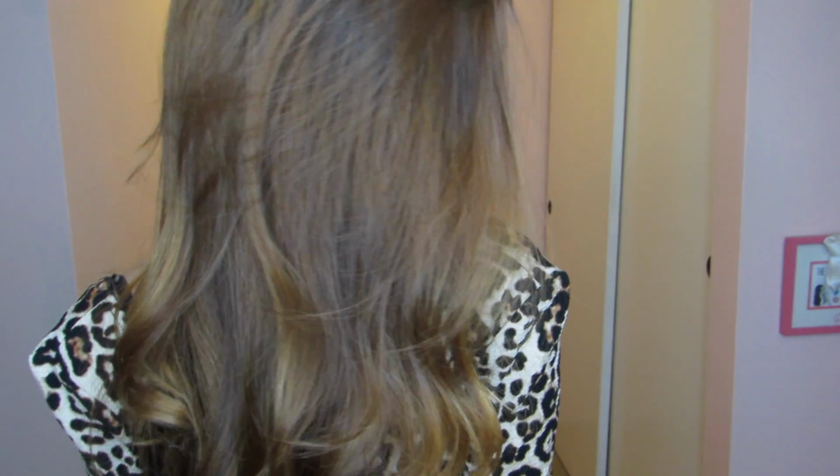As for accessories, I am going to wear this gold and black necklace, which is also from Forever 21, and that is it. So I hope you guys enjoyed this Get Ready With Me Valentine's Day edition,